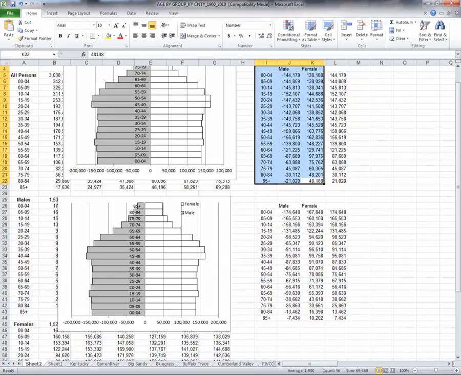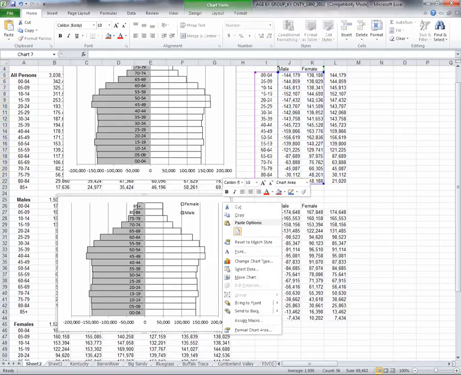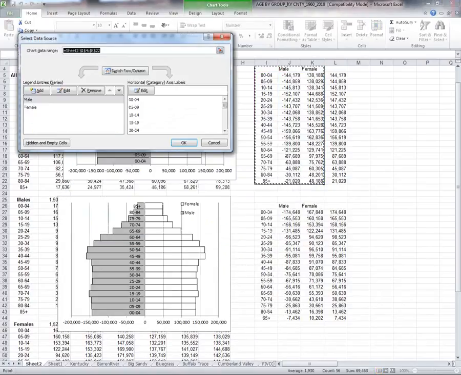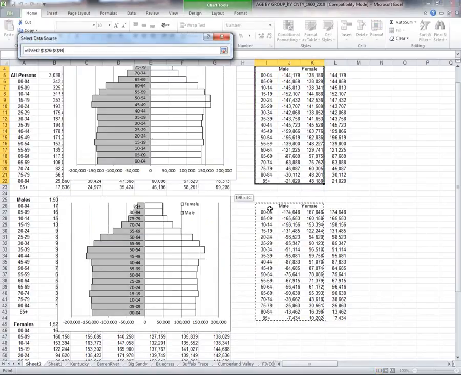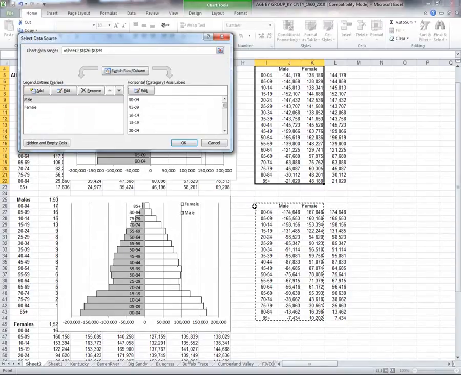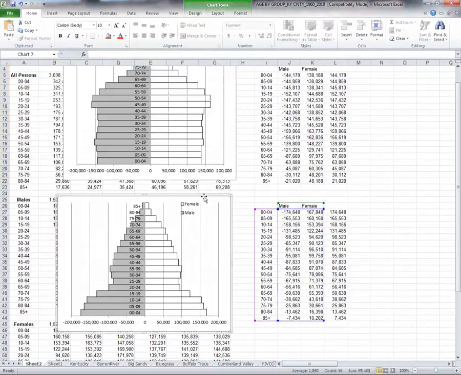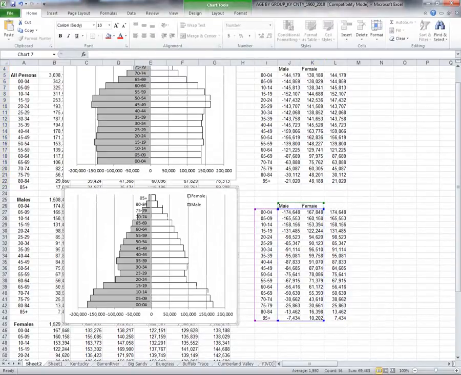2010 data. And now right click on this second graph and choose select data. Instead of using 2010 data, use the 1960 data. So highlight this 1960 data and say OK. And you will see that this new graph uses 1960 data as input, so it's a presentation of 1960 data, and the size of the graph will be exactly